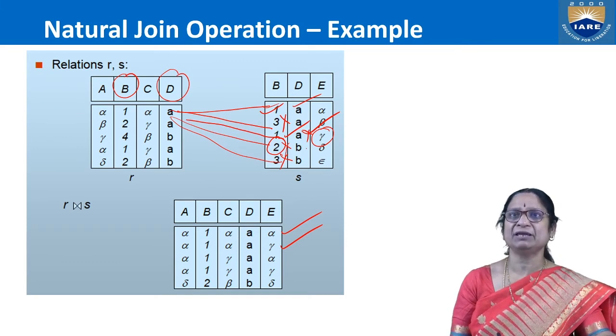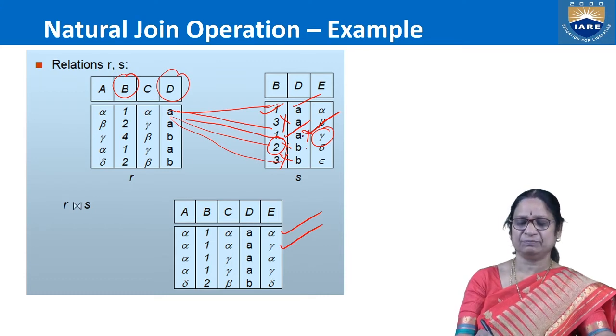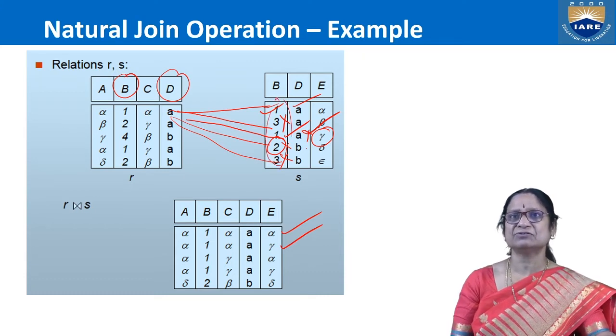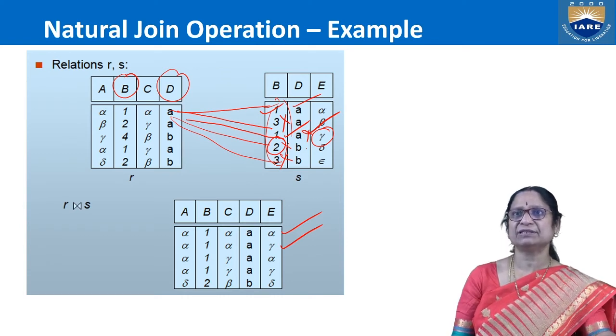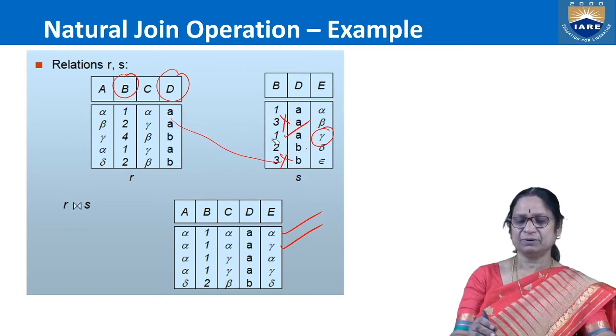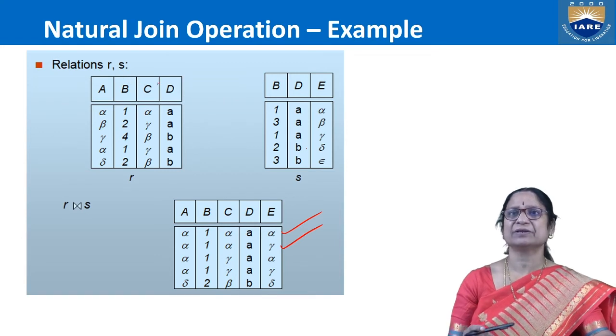Similarly, we are having the third tuple alpha 4. Alpha 4 is also not mapping because 4 is not there in our B. So that's why alpha 4 is also gamma 4. That means B value 4 is not there in our X relation. So that's why the tuple may not be having any mapping, constraints are going to be followed.